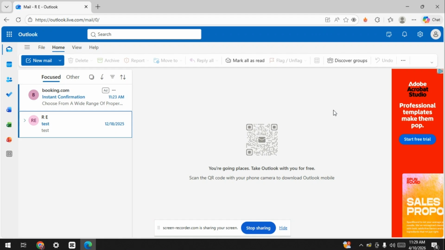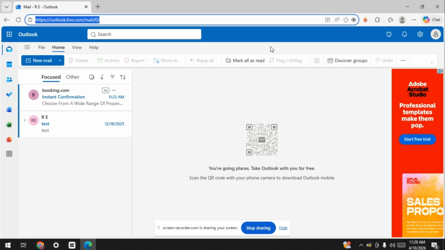Guide you through how to go back to the old Outlook interface in 2026. So the first thing you need to do is to open your Outlook app or go to Outlook on your